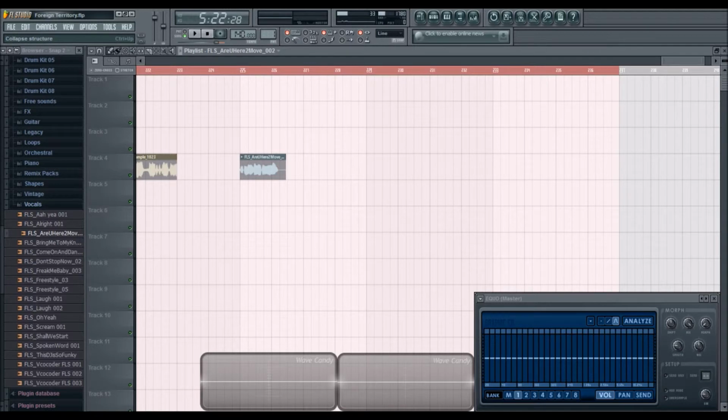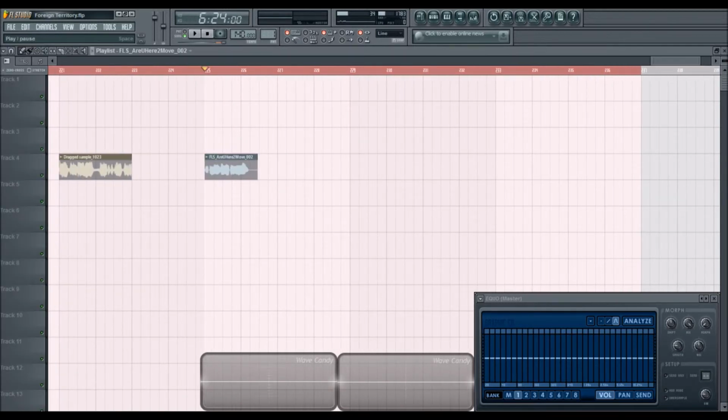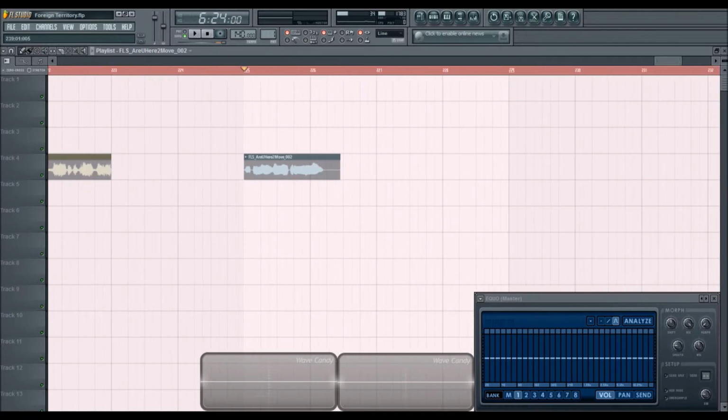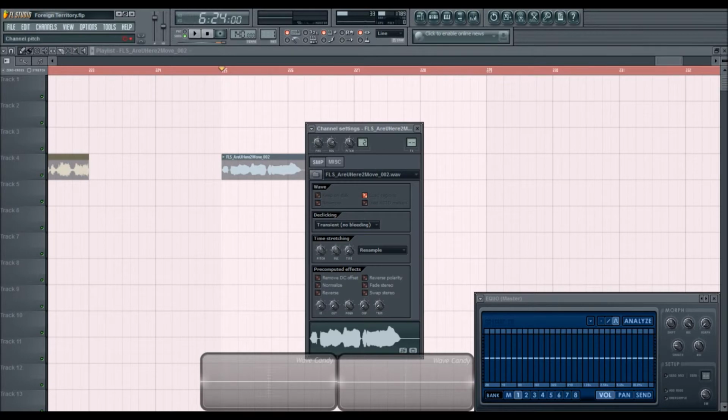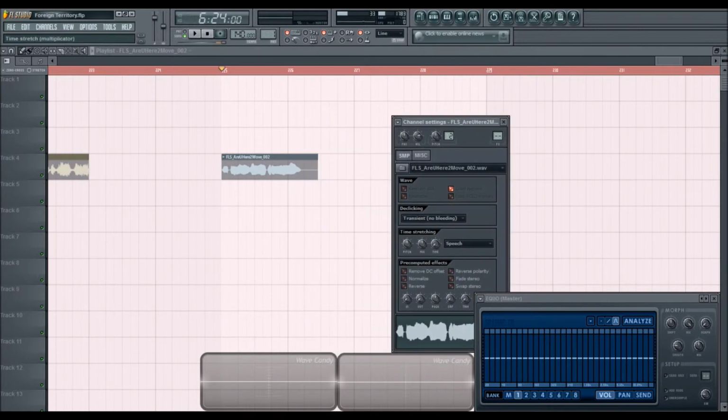So basically what I should have shown you guys before is what time stretching looks like on a voice. So I have this sample here. And you can see the sine. Normally when someone sings, it almost looks like a sine wave. Depends on how your voice is. If you have a really deep voice, it can get scratchy, and that'll create a kind of triangular or sawtooth looking wave. But when I stretch this, I put it to speech, and when I stretch it,